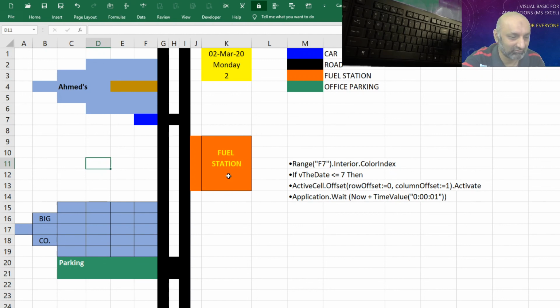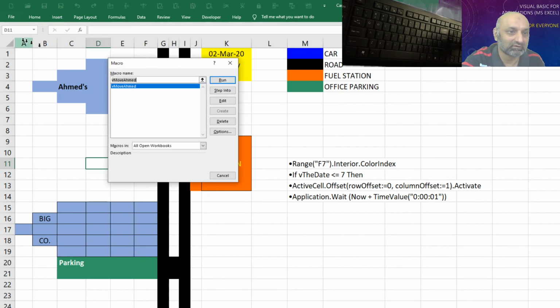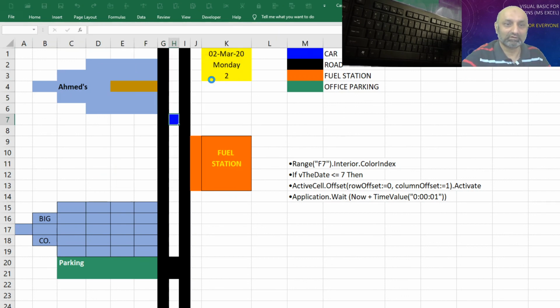As Paul used to ask. So let's run this. Going towards fuel station. Stopping for fuel. Stop for tire. 1, 2, 3. Good. Well done. And we are now going towards the parking.